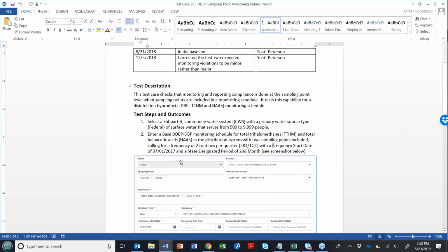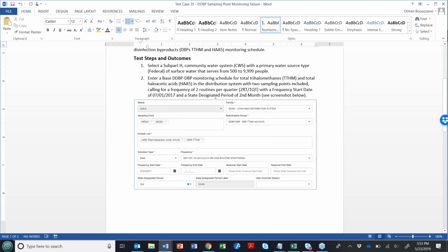And we'll have the schedule start on July 1st, 2017. And we're going to be a little bit more specific and say that those samples need to be collected on the 2nd month of each quarter. So that's the purpose of the state designated period.